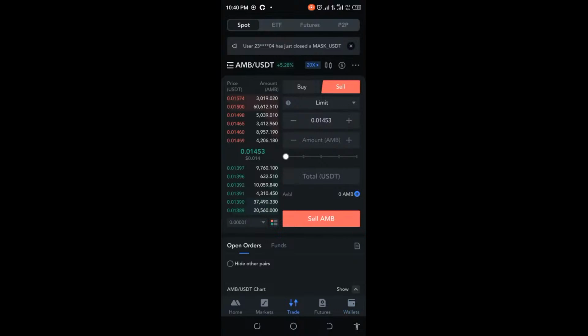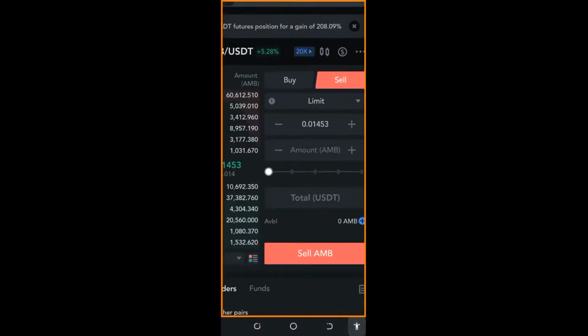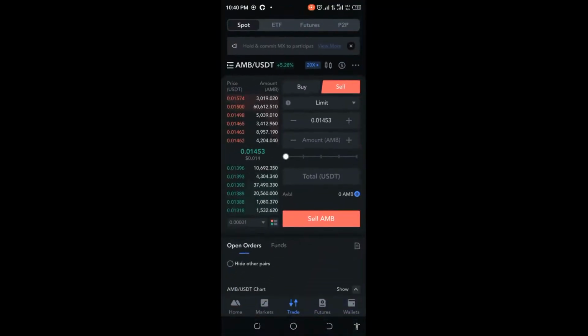So I'm already here in AMB USDT. You can see the price is 14.53. That's 0.01453. So let's just refresh that and sell and see how much we'll get. Okay, 37 cents. Wow, that is definitely in the range of what